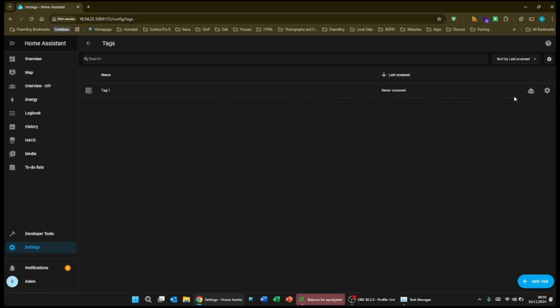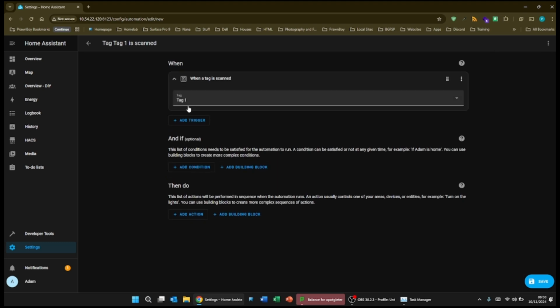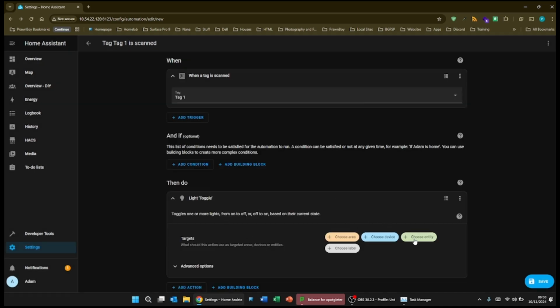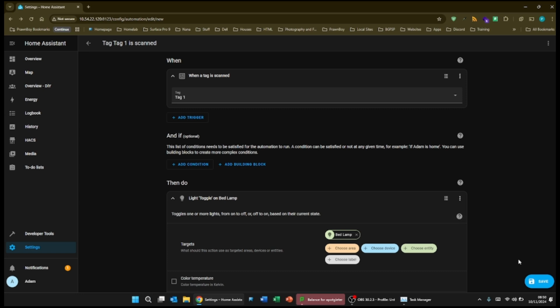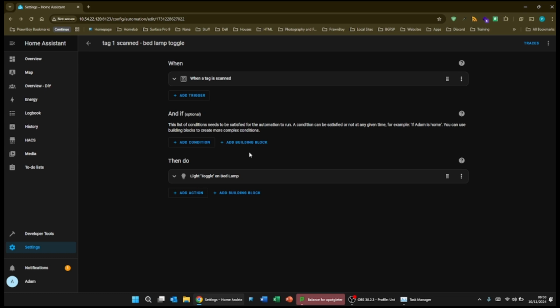So now I'm going to stop recording on my phone, and go to my laptop, to tag, and here we go. I'm going to create an automation with tag. When a tag is scanned, tag 1, then I want the light to toggle the bed lamp. So I'm going to say tag 1, scanned, bed lamp toggle. Okay, so now if I go back to my phone,